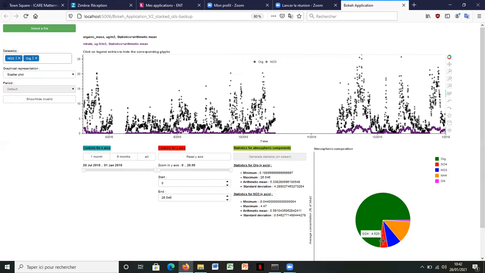So if you move over the chart, you can see the hover tool, which displays the percentage of the ACSM species in the atmospheric composition. Please note that the pie chart does not change during the use of the application.